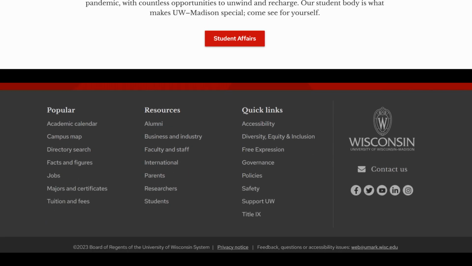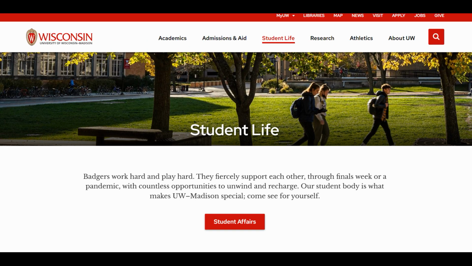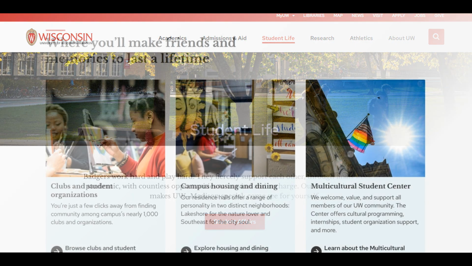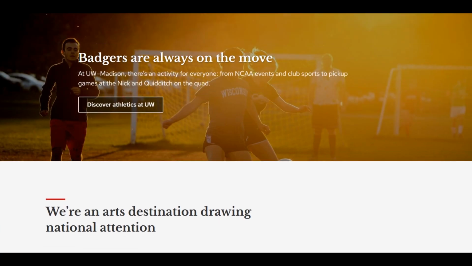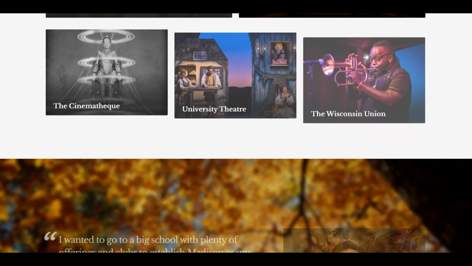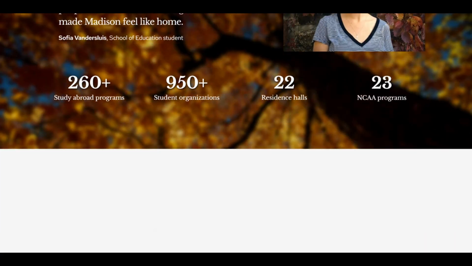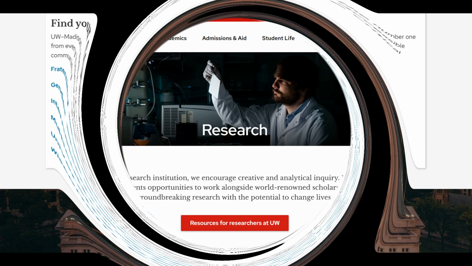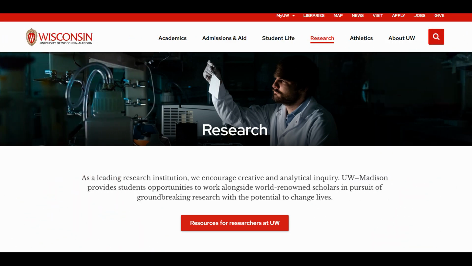Troubleshooting tips for accessing the University of Wisconsin-Madison account. If you forget your password, there should be a Forgot Password option. Click on it and follow the instructions to reset your login details. In case you encounter any technical issues during the login process, it's advisable to reach out to University of Wisconsin-Madison's